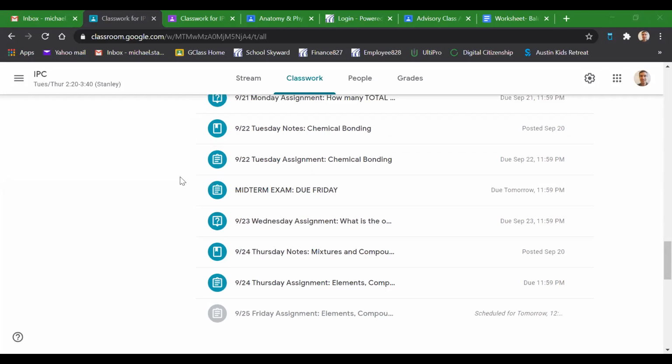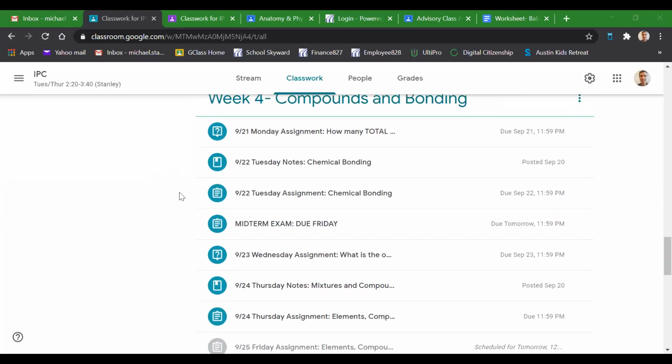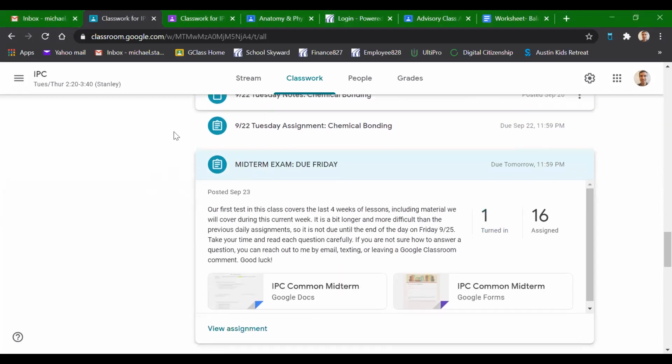Again, it's not due until Friday evening. So you can take it as many times as you want between now and Friday. I'm just going to look and grade whichever your most recent submission is by the end of the day on Friday. You still have another day and a half to work on it. So take your time, go through it slowly, make sure you understand the questions.